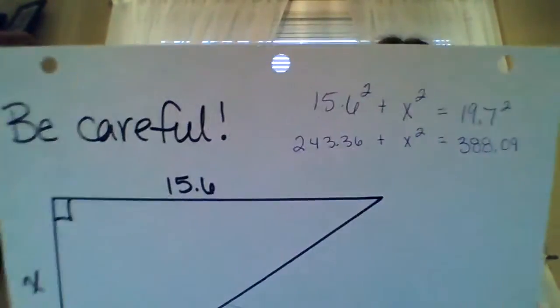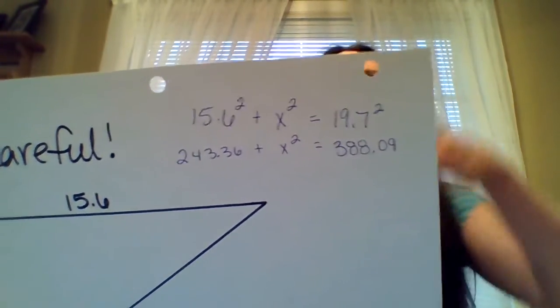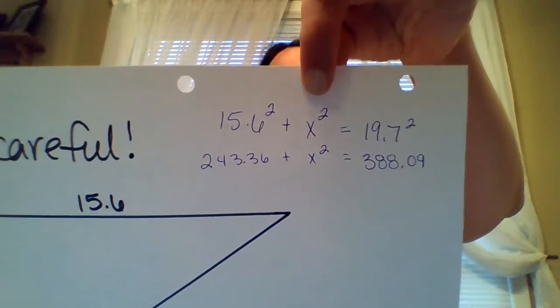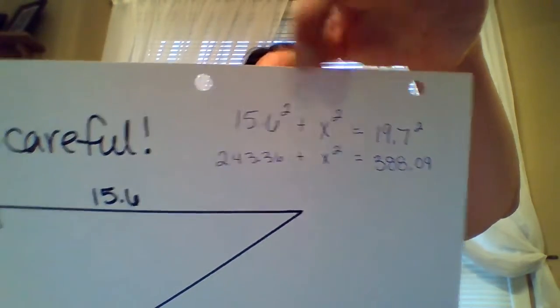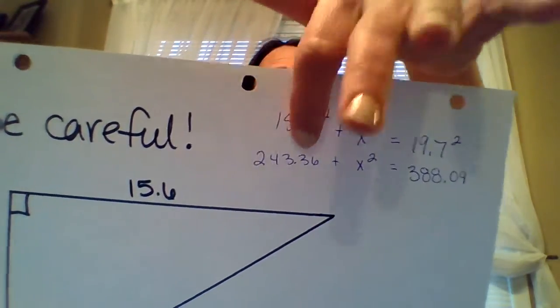388.09. So hopefully you typed each of those into your calculator with me and squared each one, and that's what you got. Please notice, x this time is not on a side by itself. So how would I get rid of this 243 number? I don't want it on this side with x. I want to move it to the other side. So I am going to subtract that